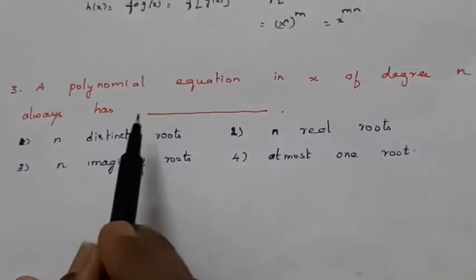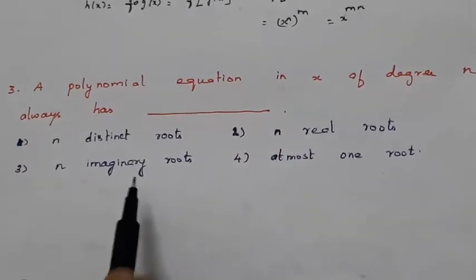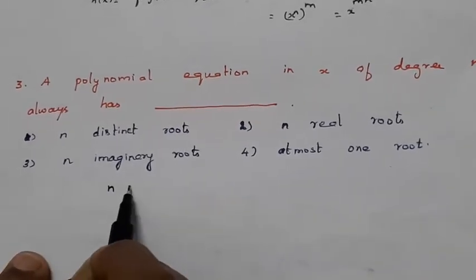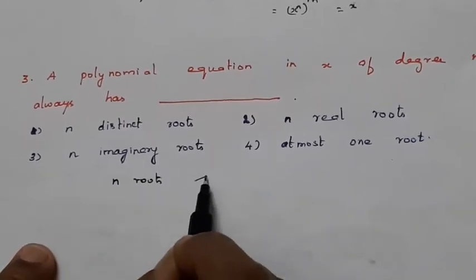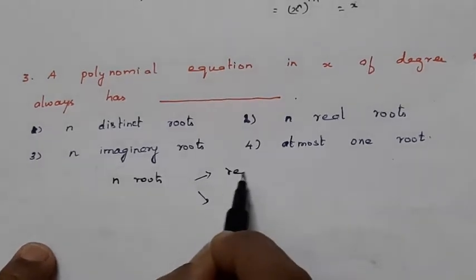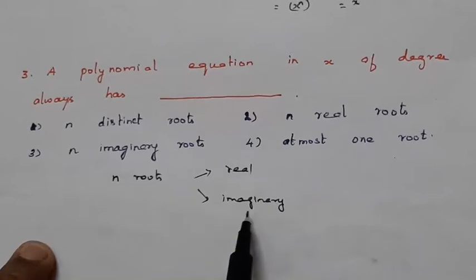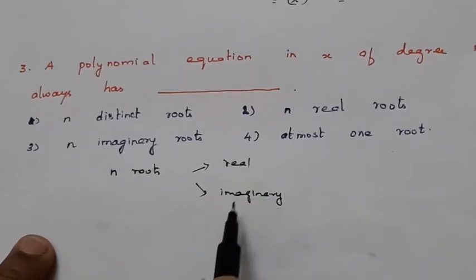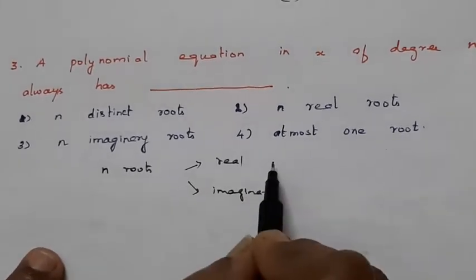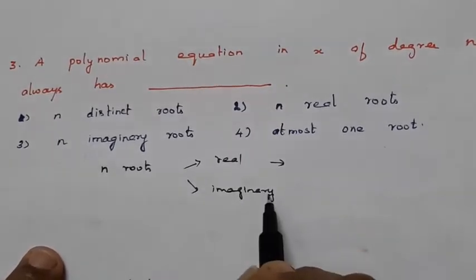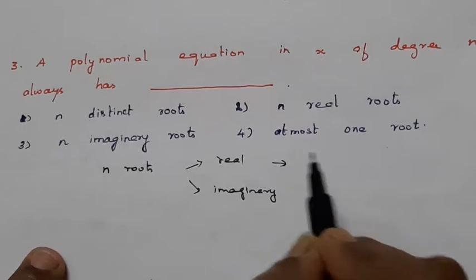Why are you saying that all the n roots are imaginary roots? Okay, let me explain that. Among the n roots, there may be real and there may be imaginary. Some imaginary roots will be there, or all the roots may be real, or all the roots may be imaginary, but all the real roots can be expressed as imaginary roots by taking the imaginary part as